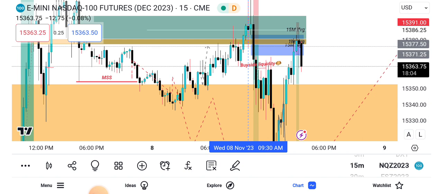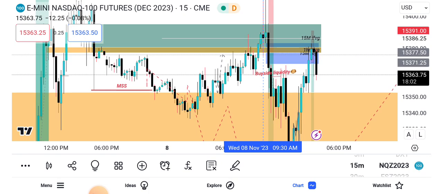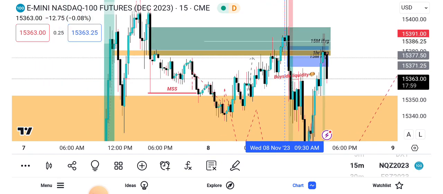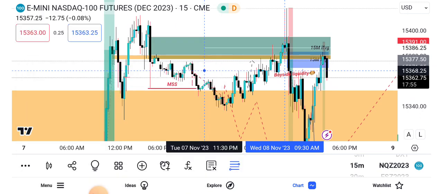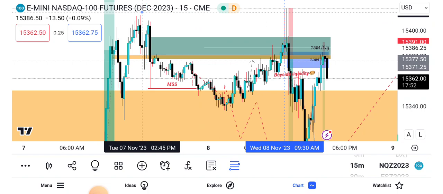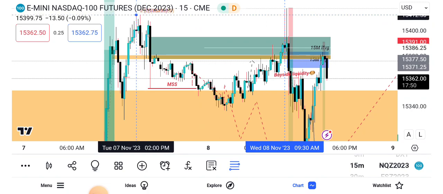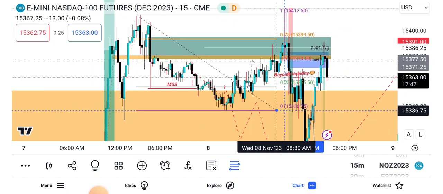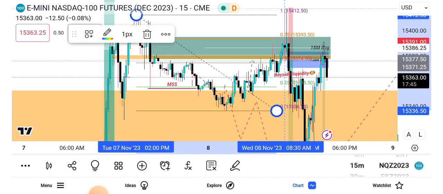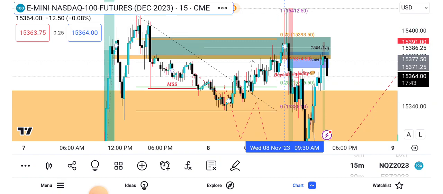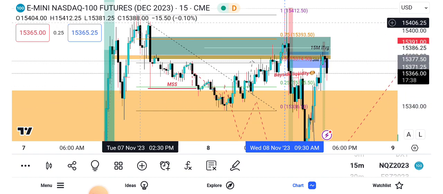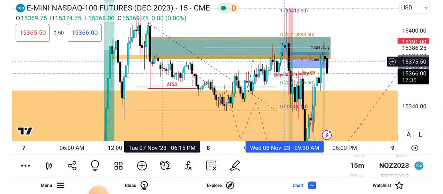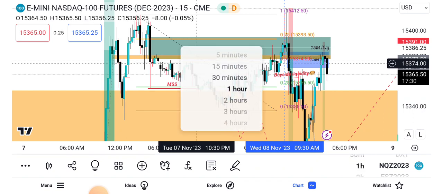I want to determine to which level I should anticipate this price to retrace. So I used my Fibonacci tool. As you know, this is my favorite tool. I like to use it everywhere. So I used the Fibonacci tool on this bearish price leg, from the high of this candle here to the low of this candle, to determine my 50 level. And around there, going to the 1 hour,